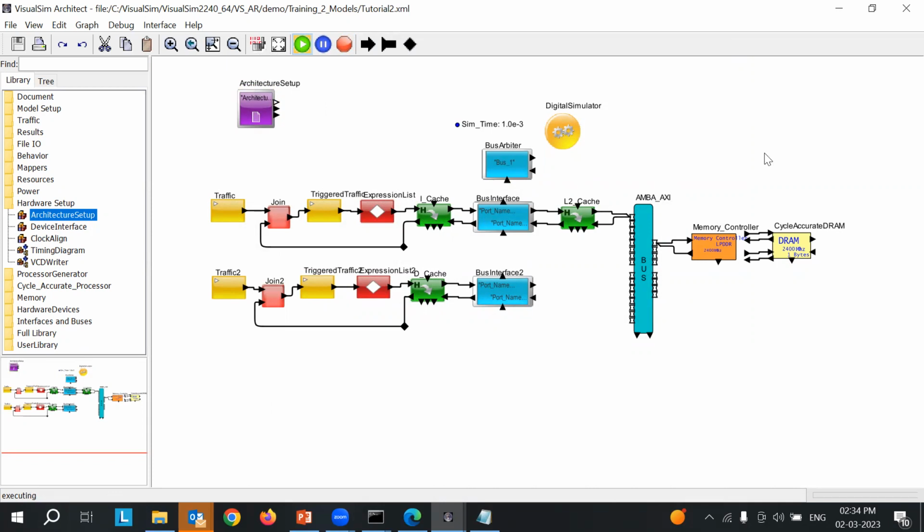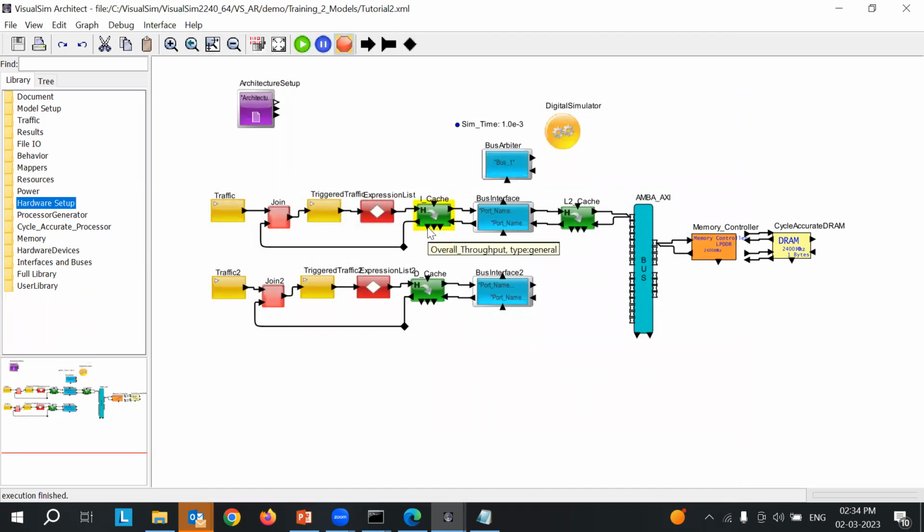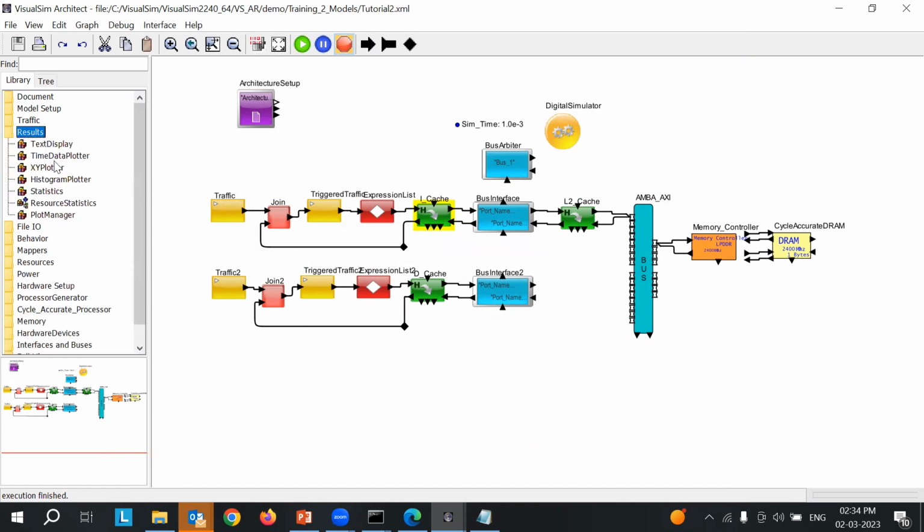In order to analyze the model and observe whether the functionality is correct, we can add text displays. We have inbuilt features, like for the iCache we have debugging ports, to observe the latency and throughput. We can add some plots here. So I'm using time data plotter 2 at the L2 cache. Let us observe the latency. Similarly, the latency for iCache and Dcache. This is for 1 millisecond, and I'm trying for,